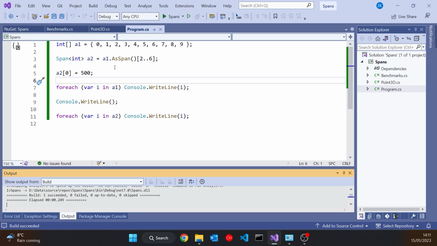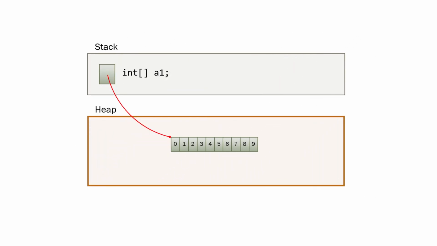We'll talk in a moment about exactly what you can have a span of. But that's what we've got there. So we've only got the one array, and then the span is actually a value type, a struct. So the span exists on the stack. So we've allocated no heap memory for that. And all that is being stored in the span is a reference to the initial position in the original array. So position 2 in this case.